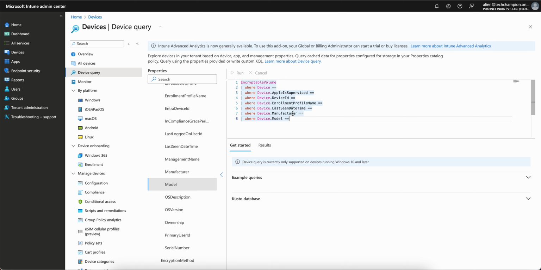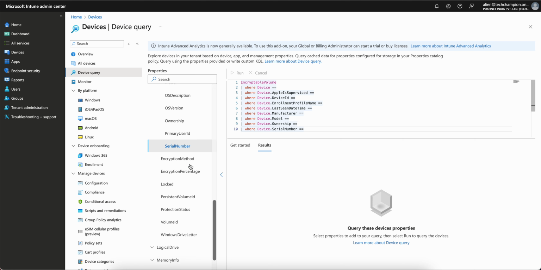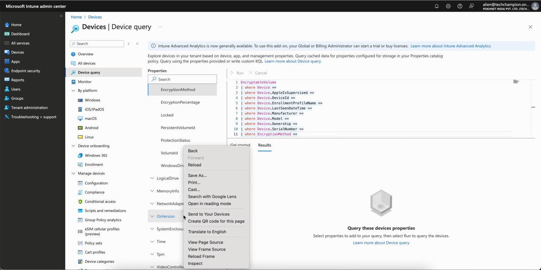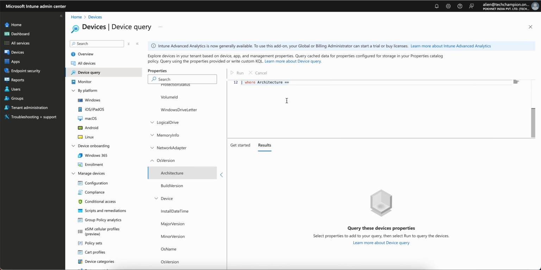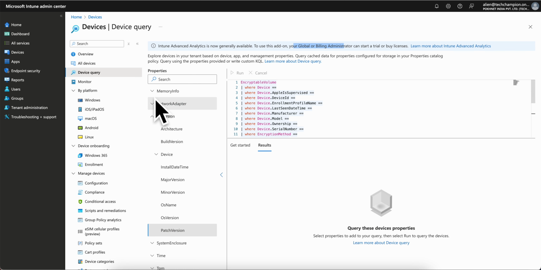You can put the value here and you can run it, and you can also see the result here, ownership. As soon as you click it here, encryption method as well, where encryption method, volume ID, you can define the OS version as well. Everything you will see here: build versions, major version, OS versions, patch versions as well. You can query it, but you must be on a trial license, or you need to buy this license. I hope you have learned the new things and make use of the device query to get real-time data